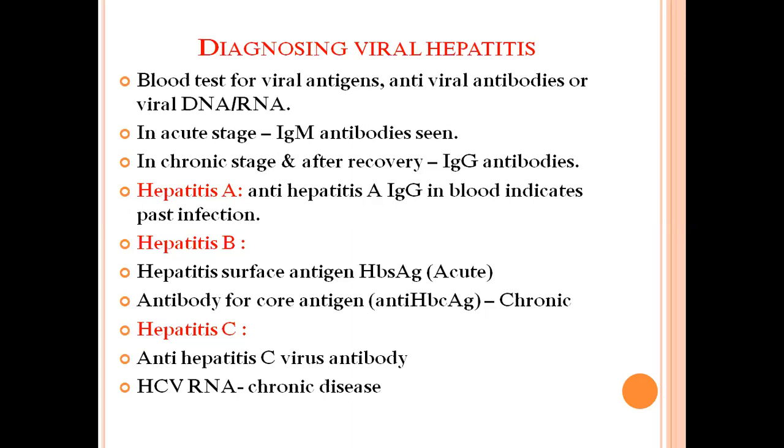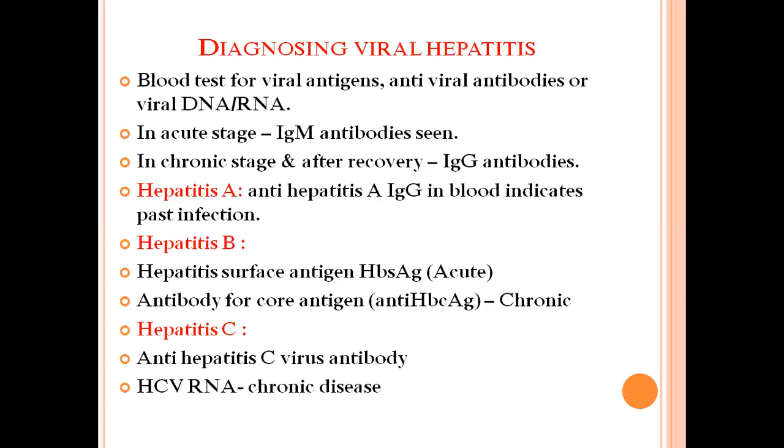In hepatitis B, usually two tests are done. First of it is HBsAg. This is the hepatitis B surface antigen test. It is done for the diagnosis of acute hepatitis B. And the second test is the antibody to hepatitis B core antigen, anti-HBc, and it is usually done after a positive HBsAg test.